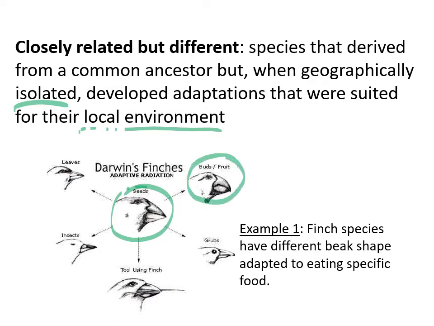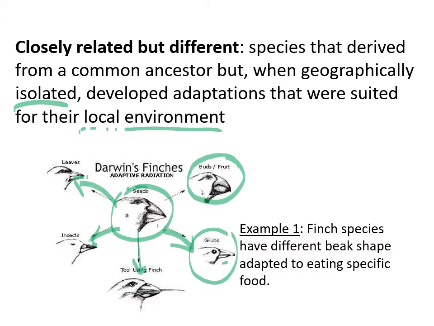And so the birds that lived in that area had particular adaptations that allowed them to find and benefit from the local food that was available for them. If there were more insects around, then that area had more of these finches that had a particular beak that helped them to survive by eating insects. So finch species have different beak shapes adapted for eating specific foods, all derived from the same ancestor, but depending on where their local environment or what was available in their local environment, they would have adapted to survive in